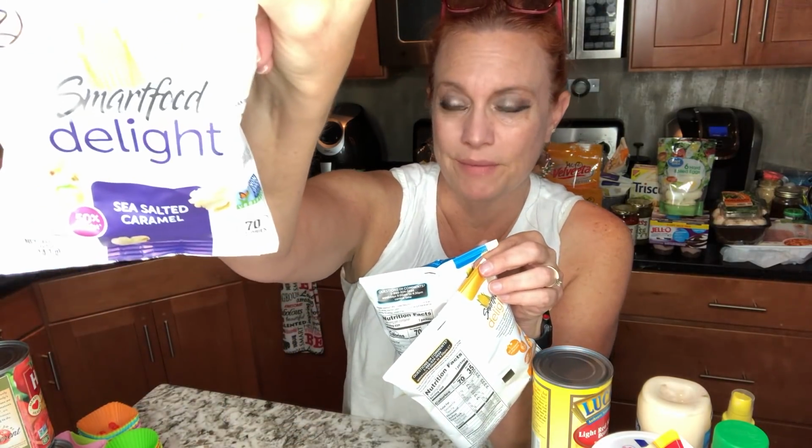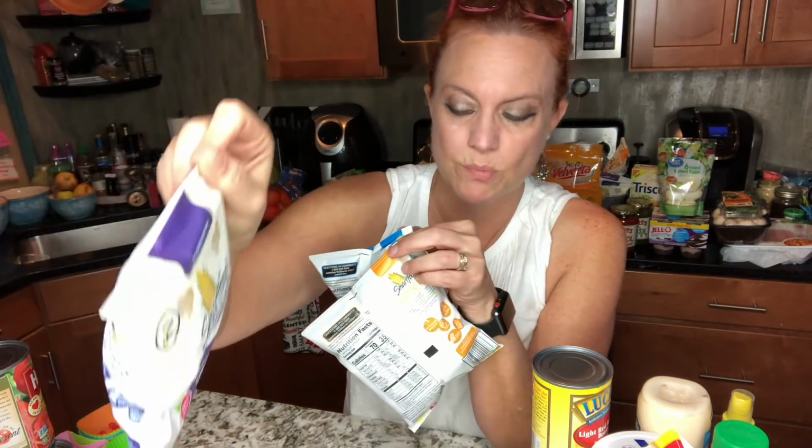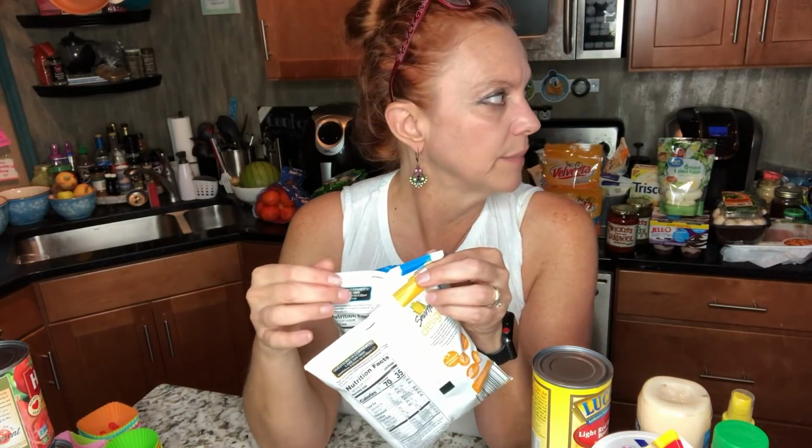But this was a big bag, and it's Smart Food Delights. This one is sea salted caramel. I'm gonna try that one maybe tonight, and it's 2 Smart Points. Then I'm gonna get,